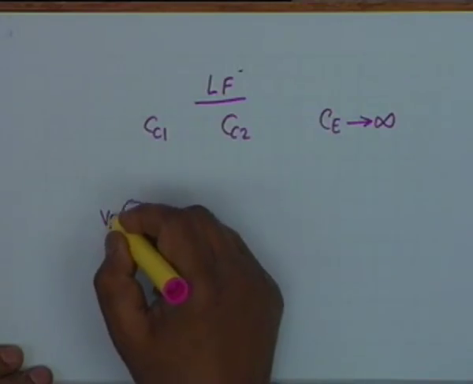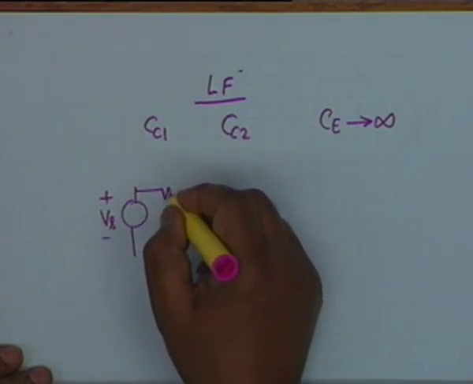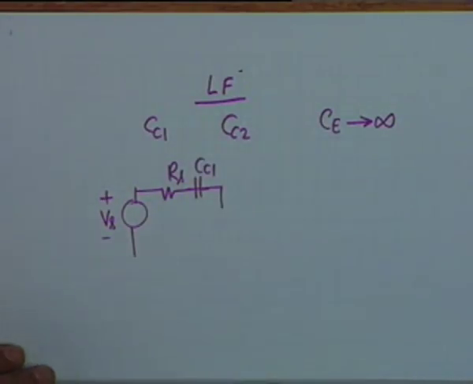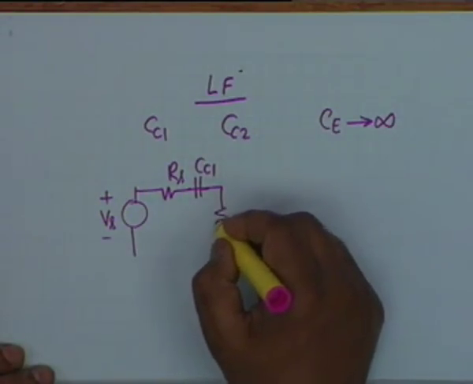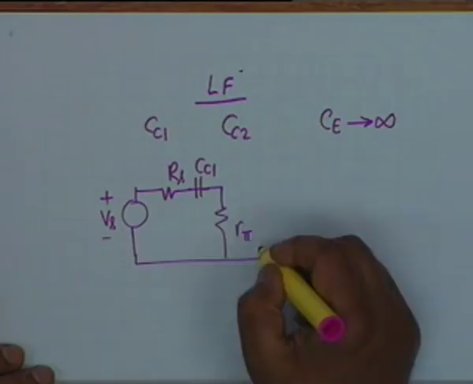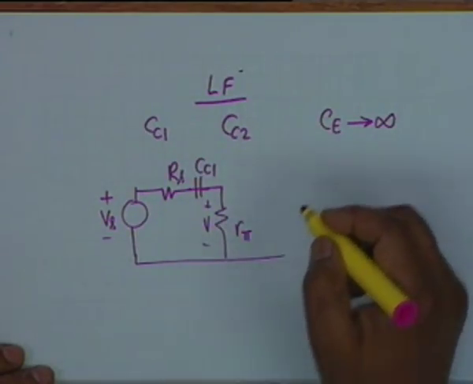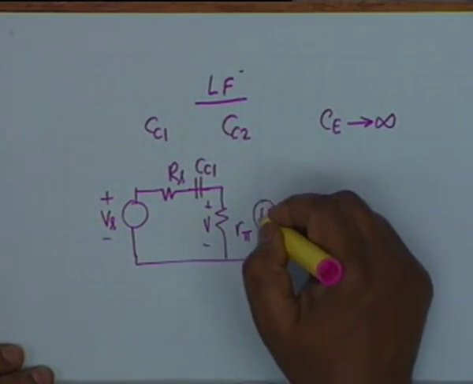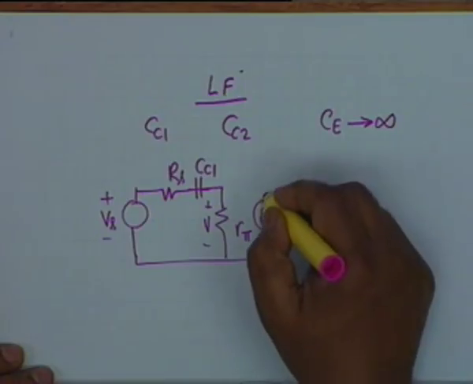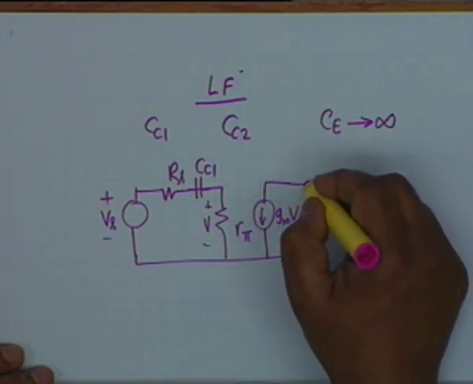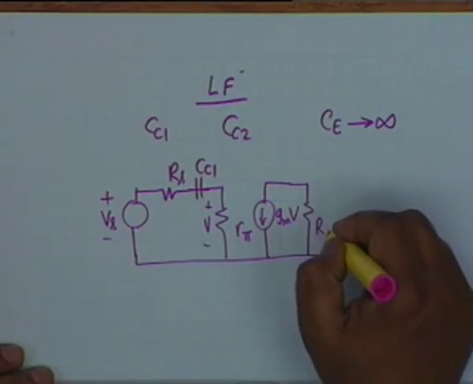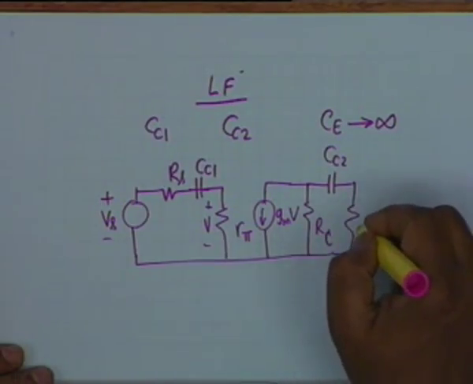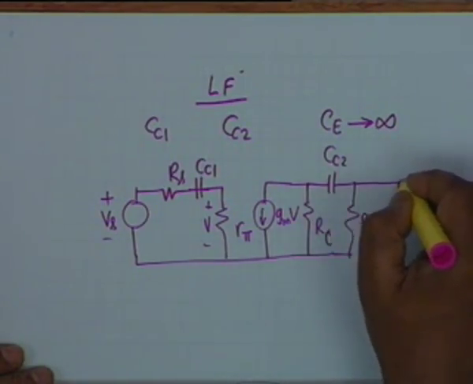And if you draw the equivalent circuit, then there is the RMS value of the signal, Vs, then Rs, then there is a CC1, the coupling capacitance. We have the R pi, and this voltage is V. You see the advantage of having V instead of current, I sub B. Then we have GmV, and we have GmV in parallel with RC. Then we have the second coupling capacitor CC2 and the load resistance RL. This is V0.